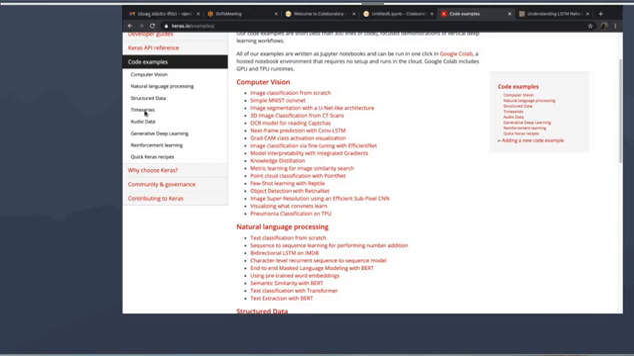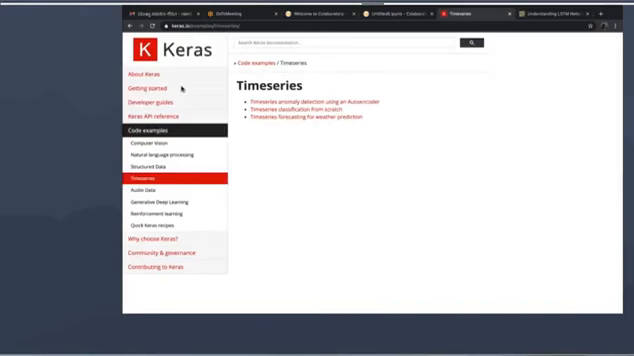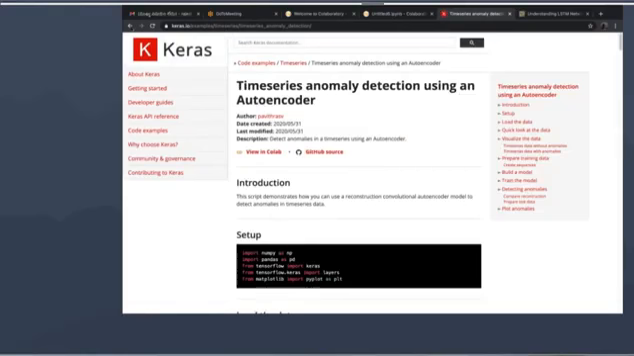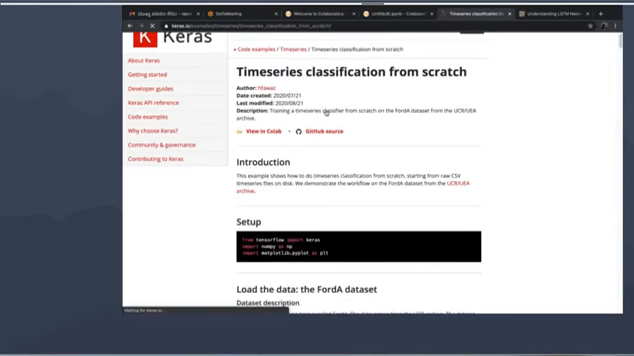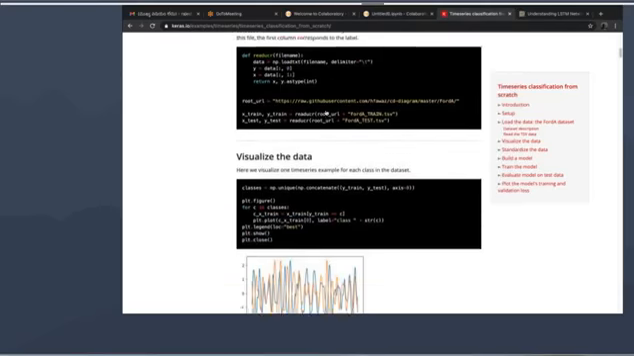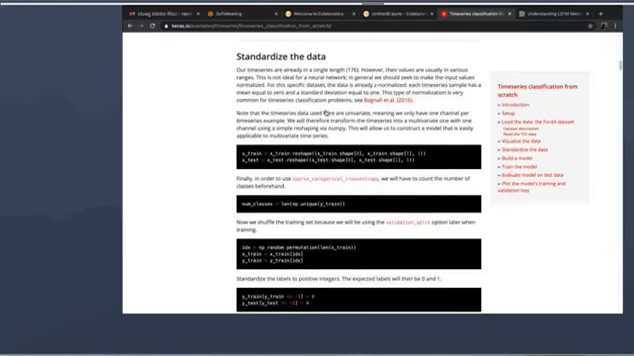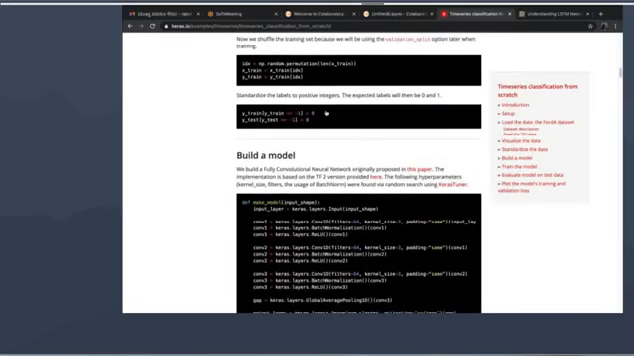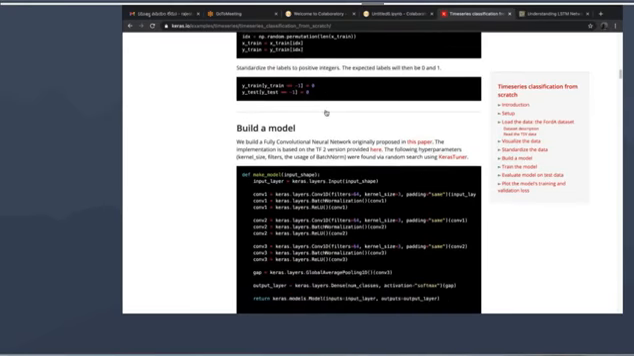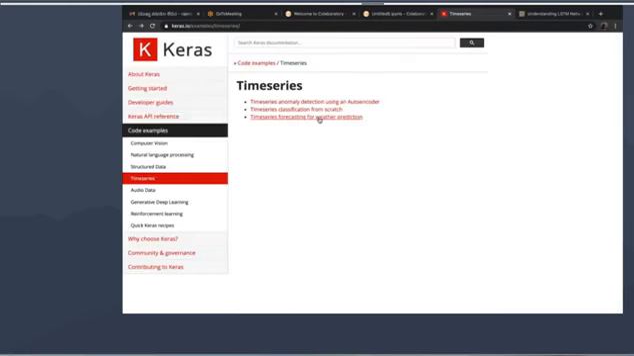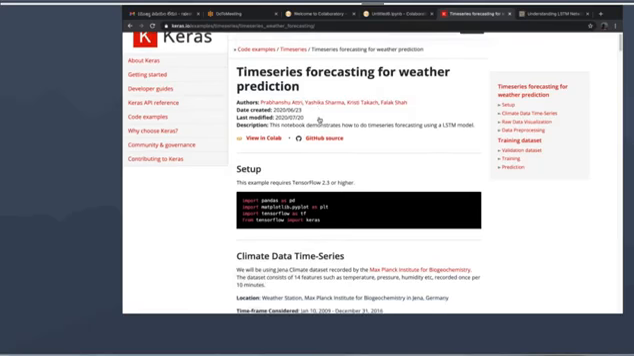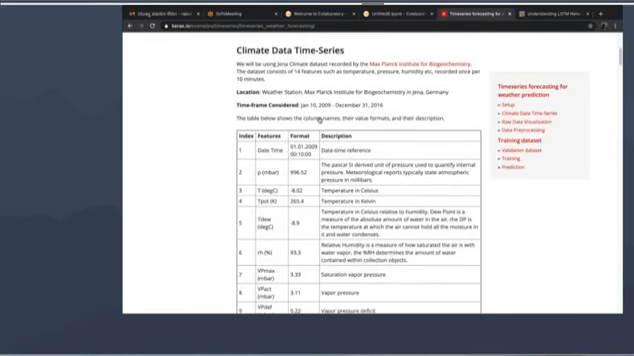There are examples for computer vision, natural language processing, structured data, and time series. Let us say for time series data, you can use an autoencoder for anomaly detection, or you can build a classification algorithm from scratch. For classification, once you standardize the data, you build a model, again with convolution and ReLU, for classification of time series data. If you want to forecast for time series data, what you need is